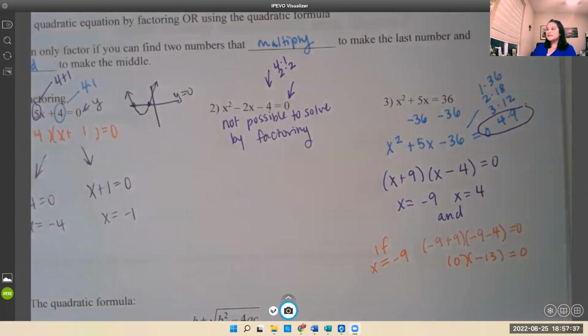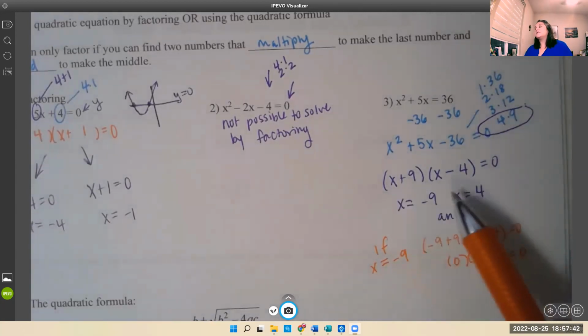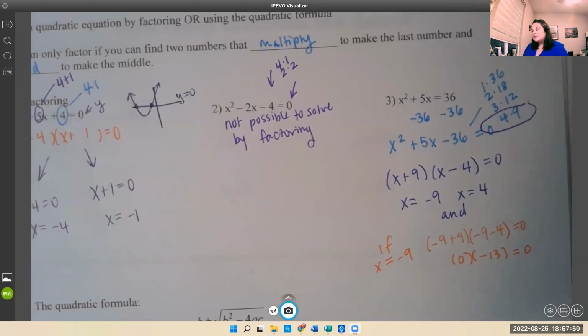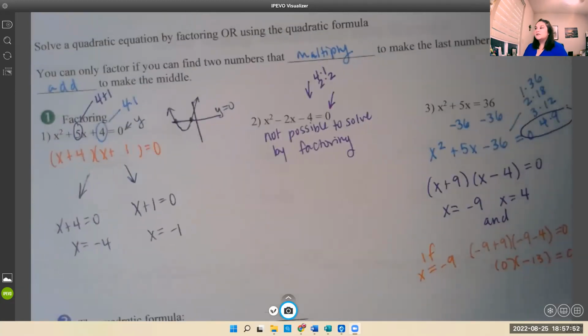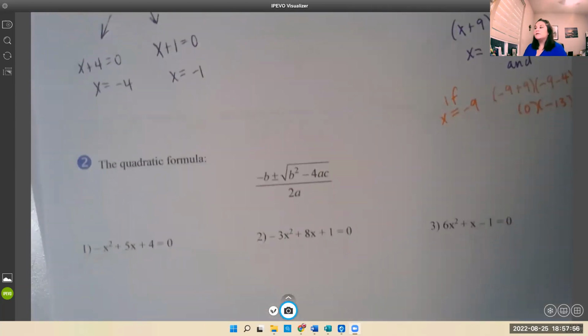So again, if I were to sub in x equals 4, I would get positive 13 times 0, and I'd still get a 0. So that's how you would solve by using the factoring method. So the equation that I said was not possible to solve by factoring, one go-to method that always works is